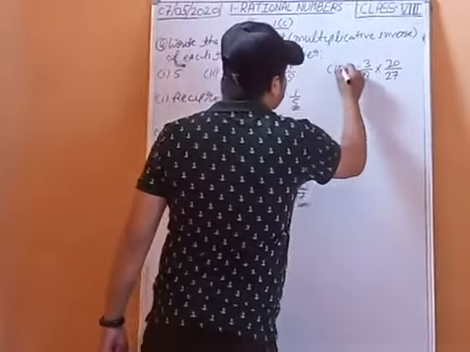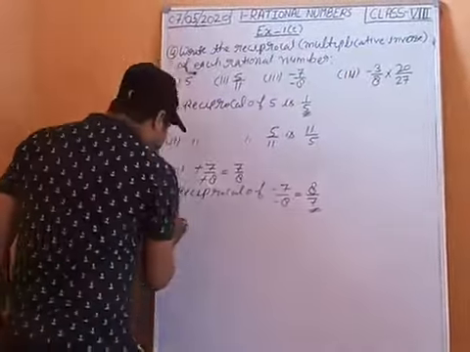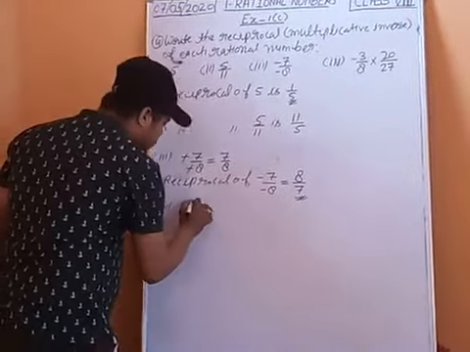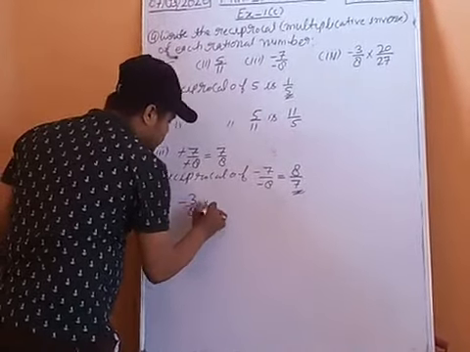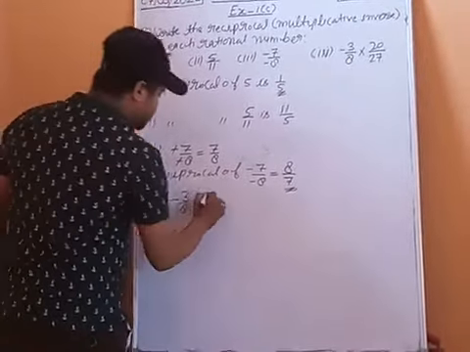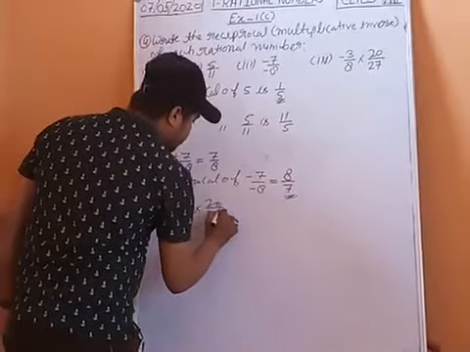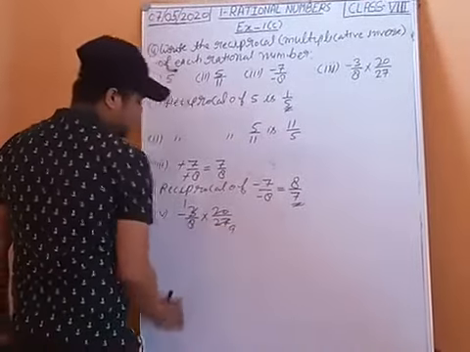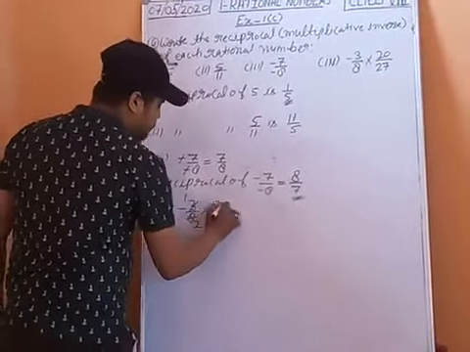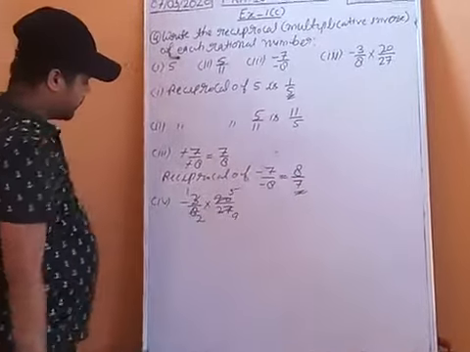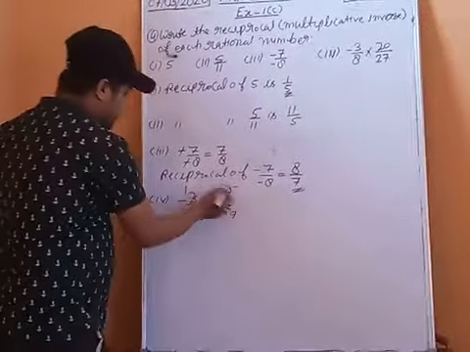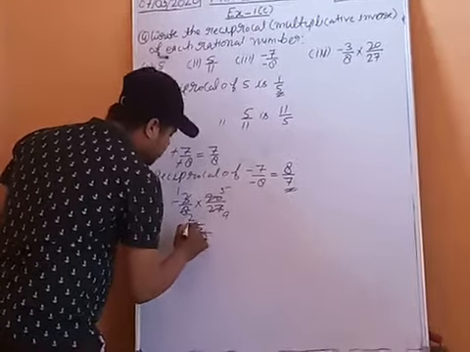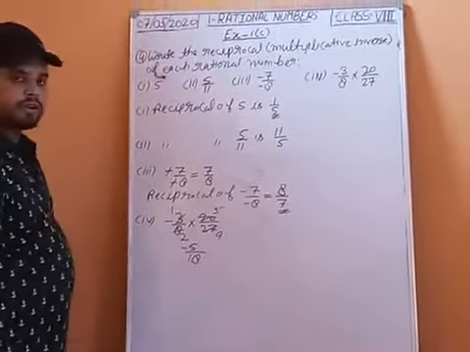Oh, it is not third, it is fourth part. So fourth part, in fourth part also we have to solve. So we will solve this calculation first. So minus 3 upon 8 multiply 20 upon 27. So 3 1 the 3, 3 9 the 27, 4 2 the 8, 4 5 the 20. Any other number? No. So 5 1 the 5, 9 2 the 18, minus plus minus. So minus 5 upon 18.